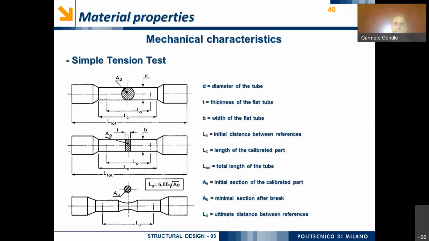Okay, generally, when we are dealing with material properties, basically, we obtain the material property of a steel in simple tension tests. Okay, and generally the sample